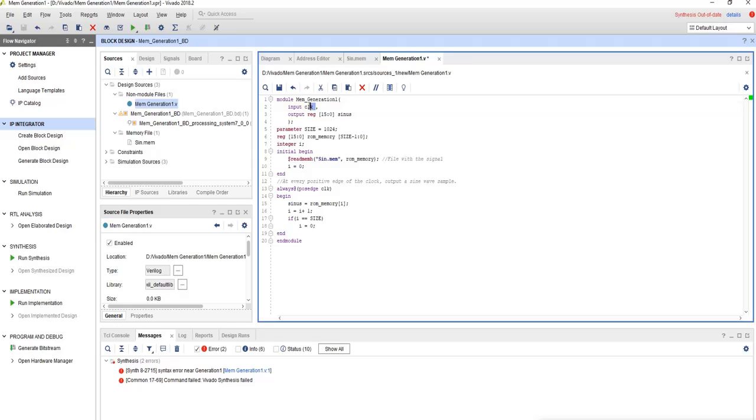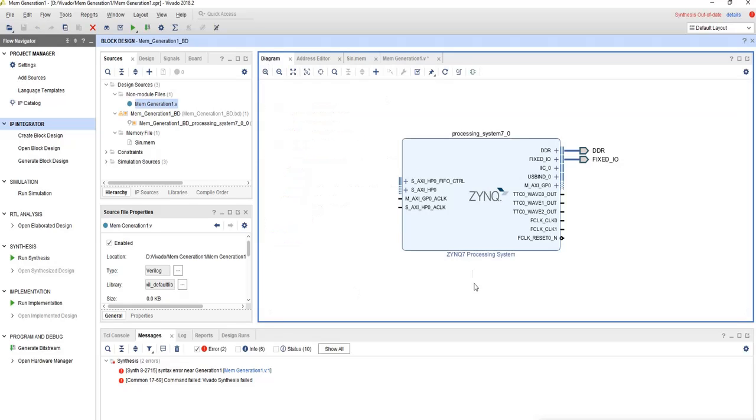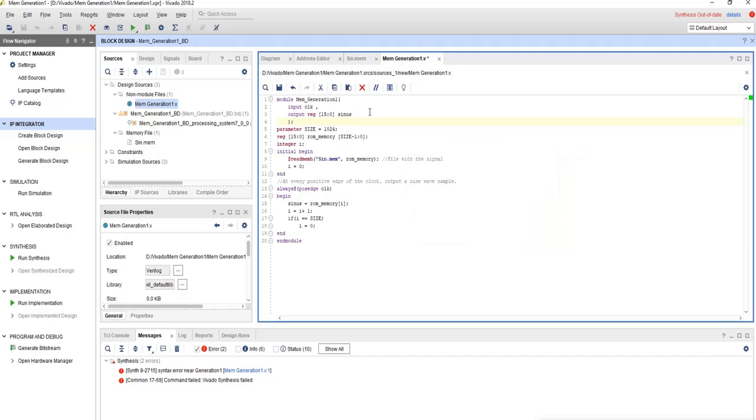As input we'll use clock, which will be coming from this Zynq processor. Then output is sinus, an output variable. This sinus is 16-bit data. The parameter size, which is the resolution of the sinus, is 1024, and the ROM size is 16 bit.